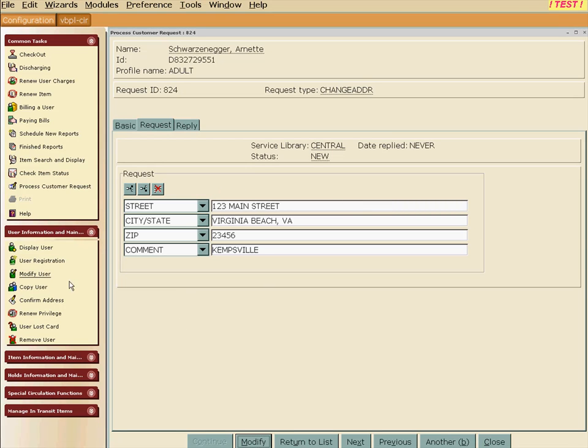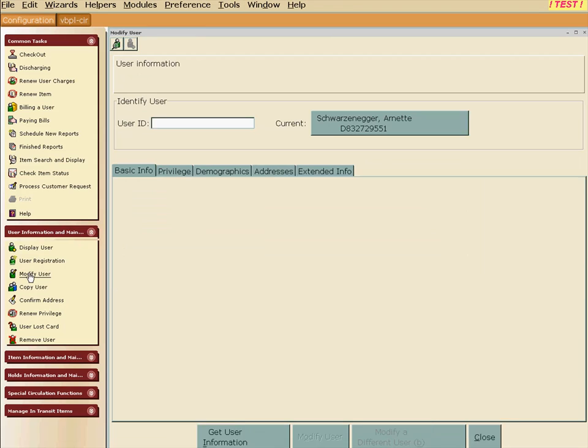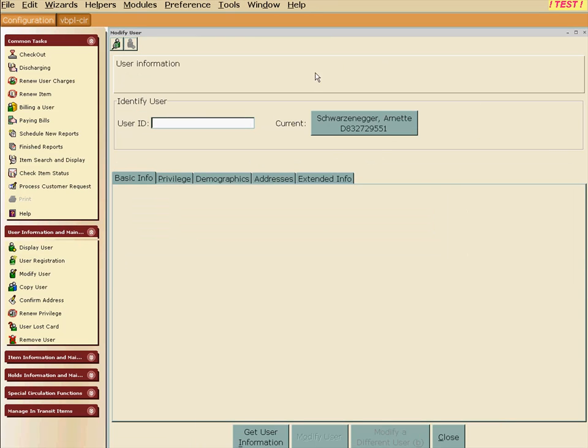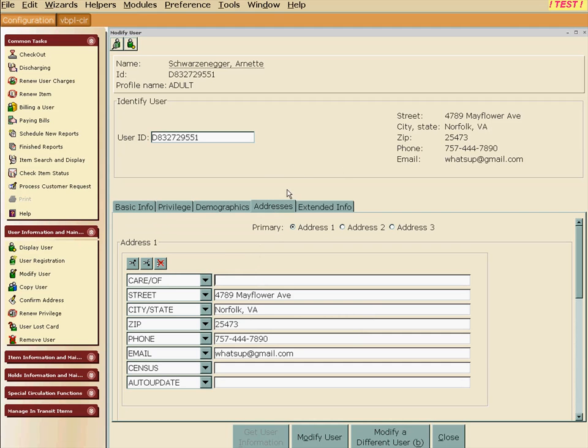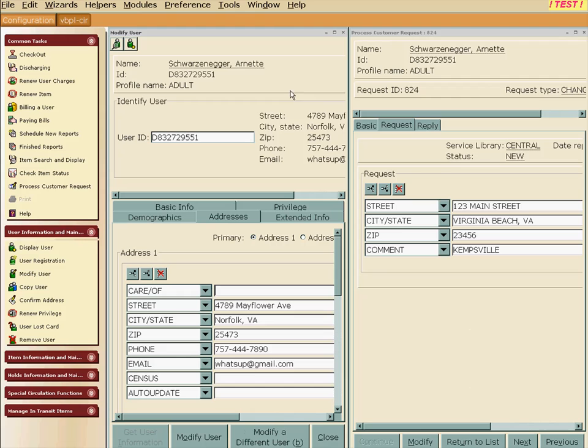At this point, I want to go over here under User Info, click the Modify User Wizard, and the current one is already selected, so I just need to click that. And I'm going to go to the Addresses tab. Now, hopefully you're all used to working in multiple windows mode, and we're going to come up here and click Window Vertical, and that will create the tiled desktop so that I can see both Modify User on the left